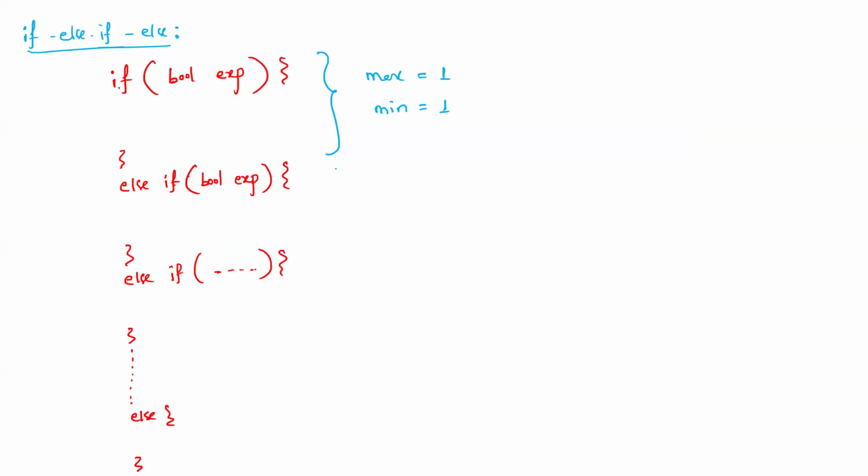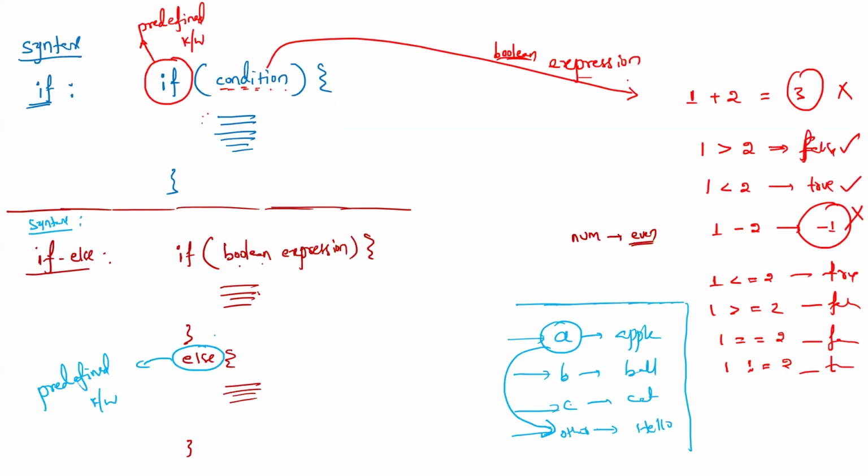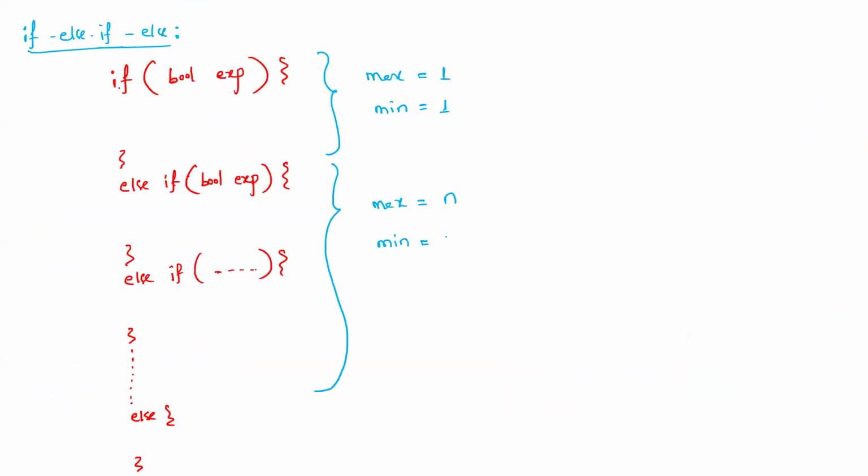Yeah. So then how many else if blocks are required? Maximum how many we can write? N number we can write. Minimum how many we can write? Mandatory or not mandatory? Not mandatory because in this scenario, do we have any else if? No. If required, then only we'll write it. If not, it's not mandatory. That's a minimum number of else if blocks: zero. Maximum how many we want, we can write it.